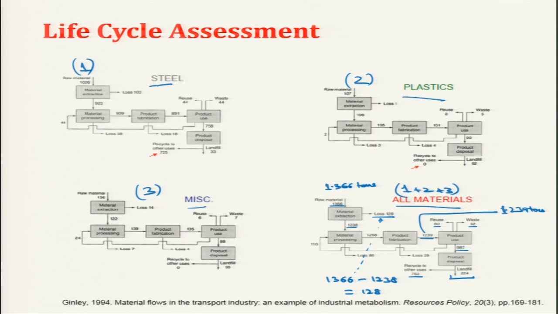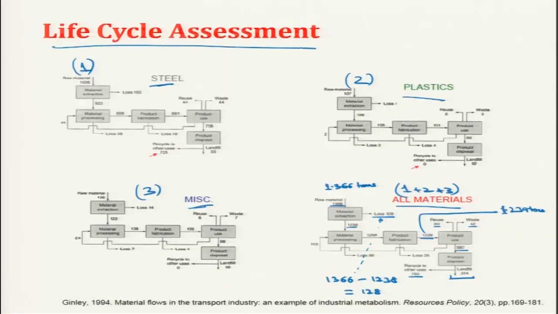This is the separate weight for steel, plastic and miscellaneous. Now, what can one interpret from this? The percentage is by weight. The total percentage of steel that is consumed, the total percentage of plastic that is consumed, and the environmental impact of these specific materials can be taken into account. This can be normalized on the basis of percentages, and comparative statements can be made depending upon the carbon emissions, the total greenhouse gas emissions that happen during manufacturing, before manufacturing. So, all these things are considered here. This is one of the studies on life cycle assessment that was done by this researcher.